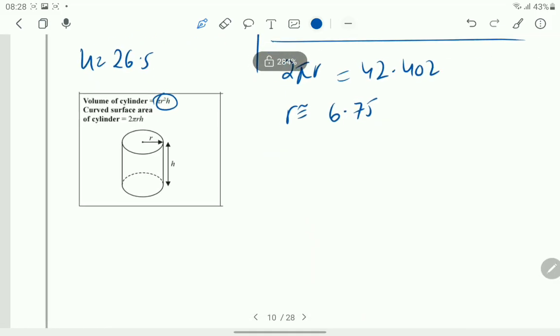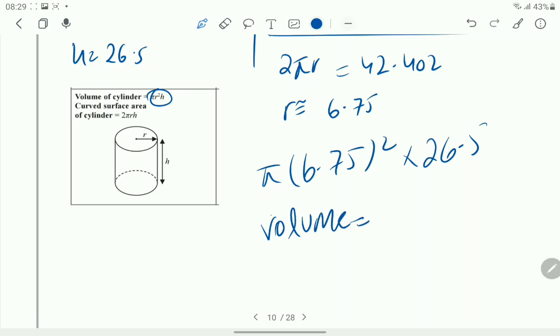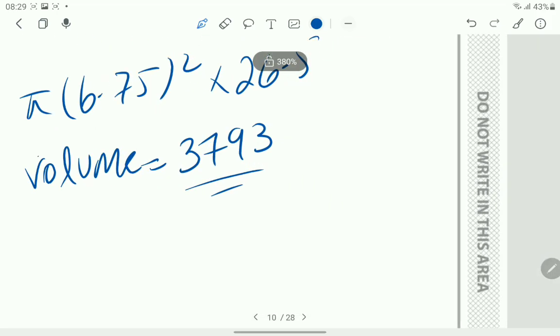So now simply using the formula, pi r squared times 26.5, volume is equal to 3793. Now some of you might have a confusion that the marking scheme states 3790, but note that these type